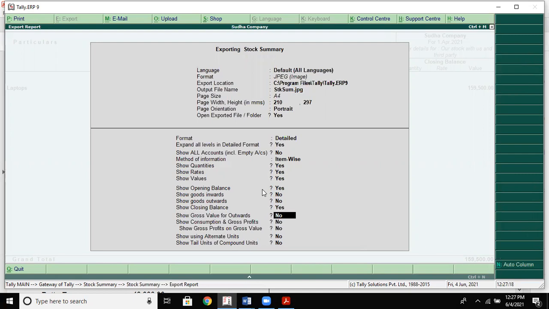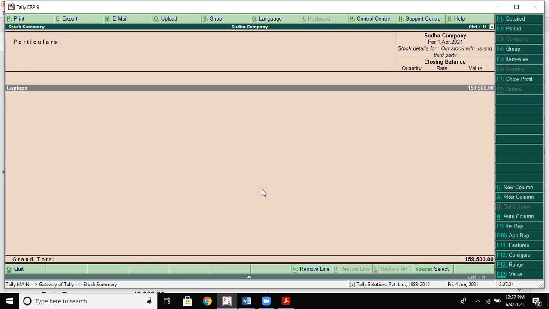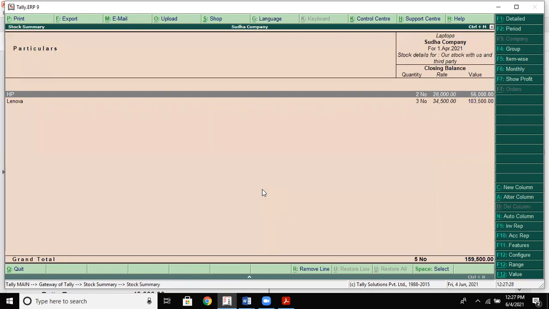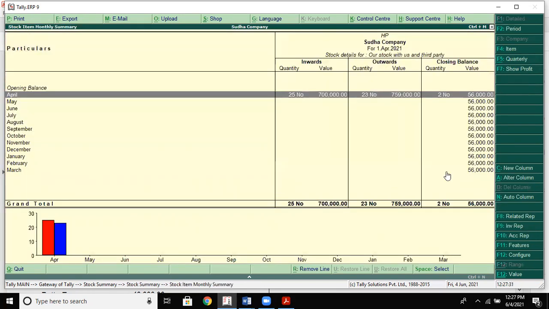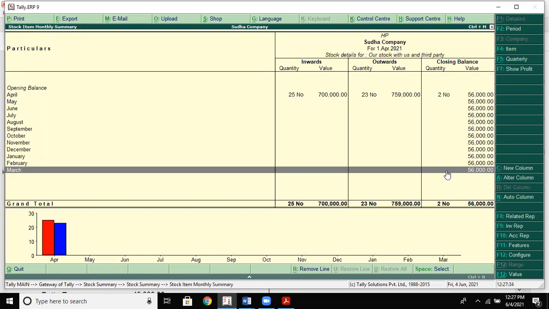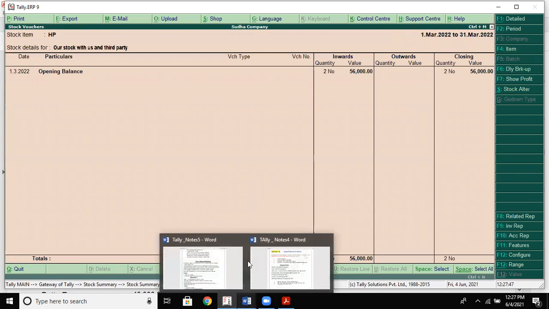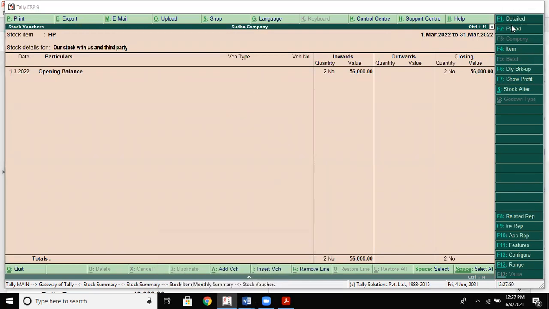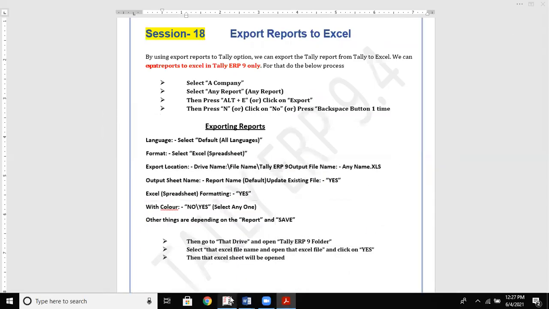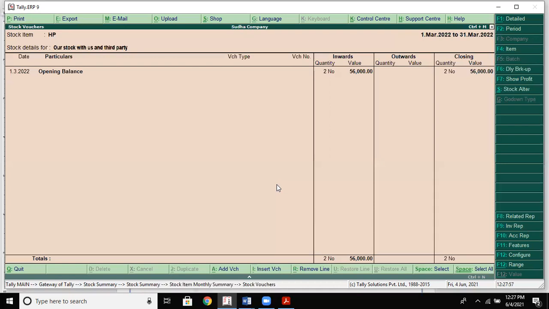Gross value for outwards, no. Consumption, no. Tax, yes. So let's see whether it is updated in that format or not.